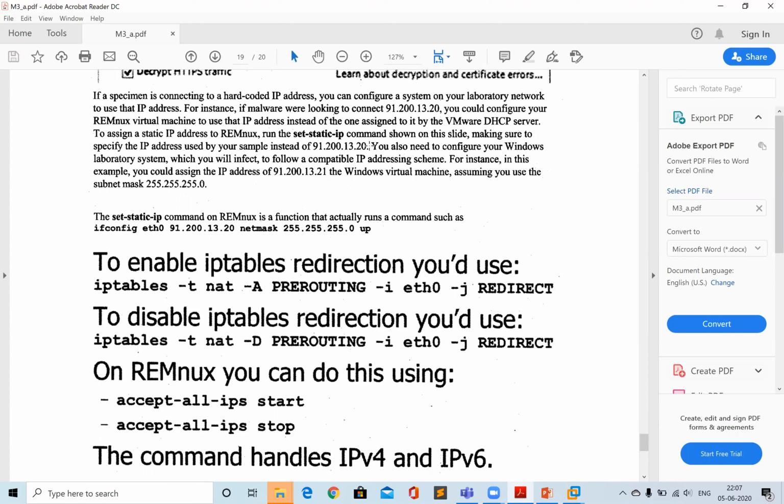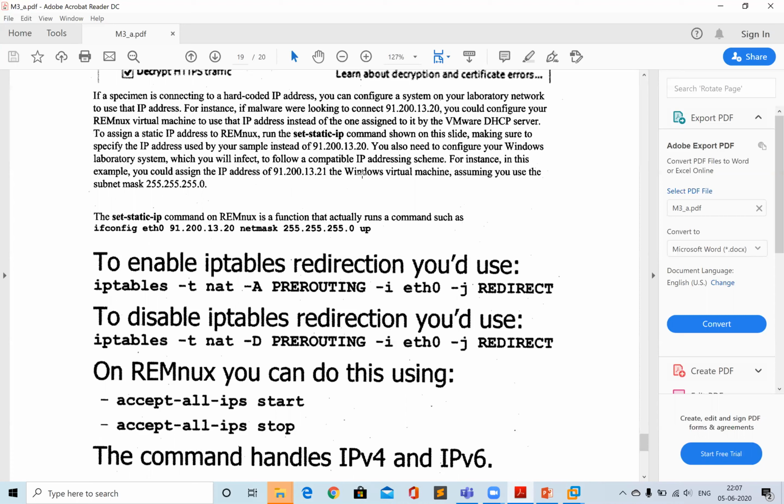Then you set another IP address in the same subnet, .21, on the Windows machine, and that's how you are back in business. You can again see what communications are going through, because now the malware will think the Linux VM is the correct C2 server, which has the IP 91.213.20, and you will be able to see the communications again.